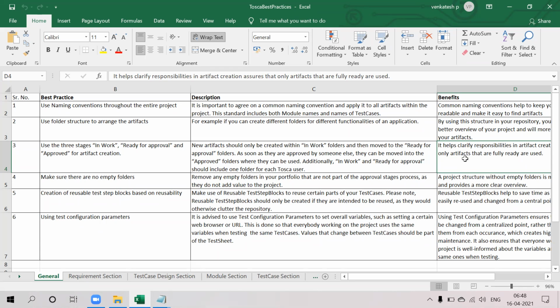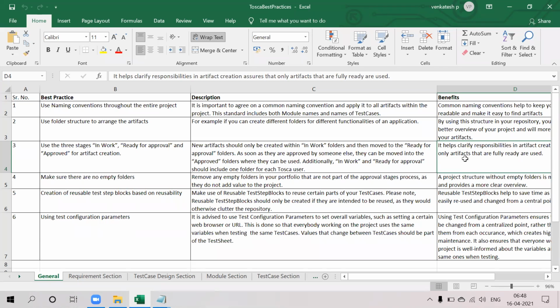Once your construction of the test case has been completed, you can move it to ready for approval. It means once you are done, you are sending it for review. Once it is reviewed, you move your test case into the approved state.